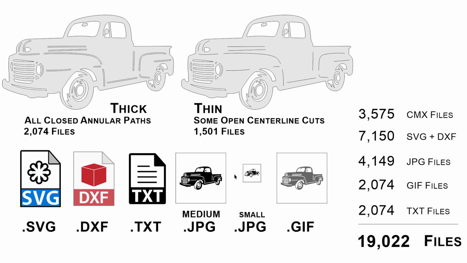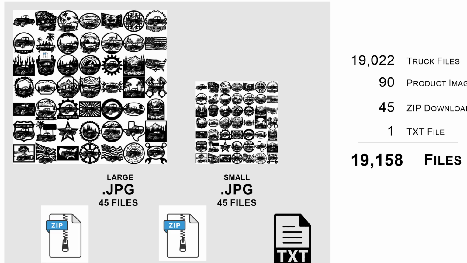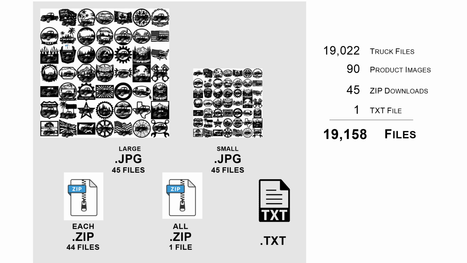The JPEGs are used for listing online, and the other files go in a zip file to download the product. And then we have large and small JPEG grid images, which is one image for each truck and all of its variations. And that represents all of the design files that are in the zip file for each truck. And there is one big bundle zip file for all of the trucks, and some marketing text for the entire truck collection, which brings the total to